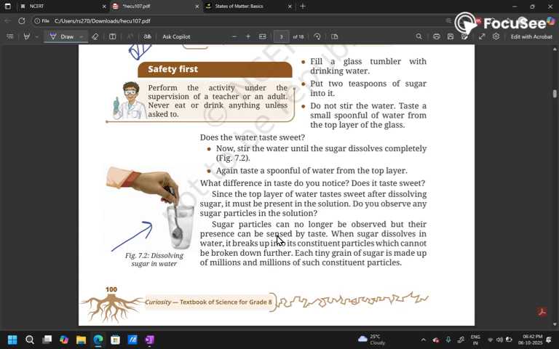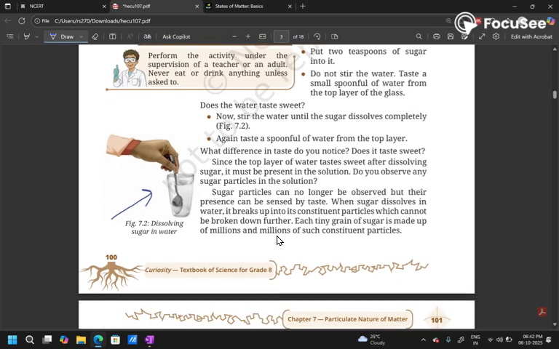That means the sugar has not yet dissolved inside the water. So therefore, the taste of sugar is not coming in it yet. But when I start to stir the contents, that is when I start to stir the sugar present inside this glass tumbler, it will get dissolved, and after some time, if I take a sip from this glass, it will start to taste sweet.